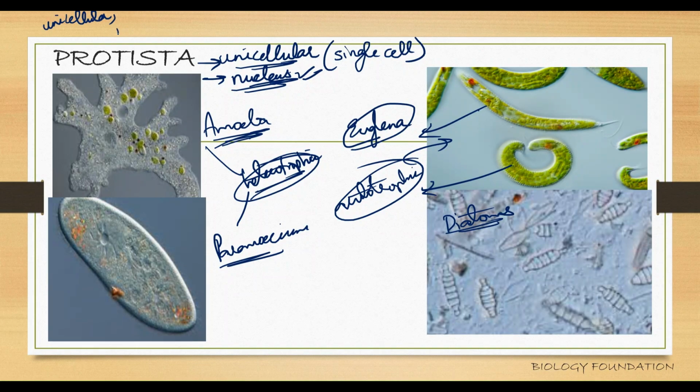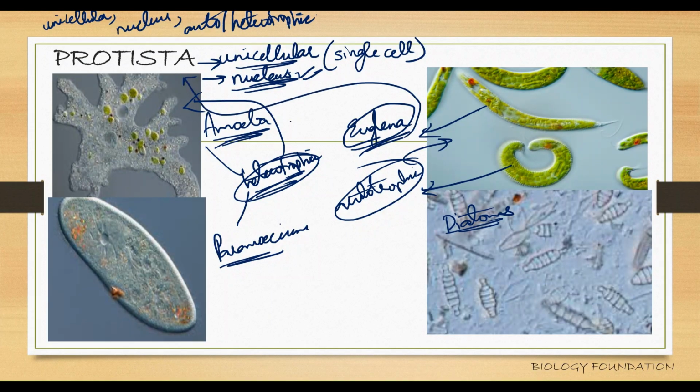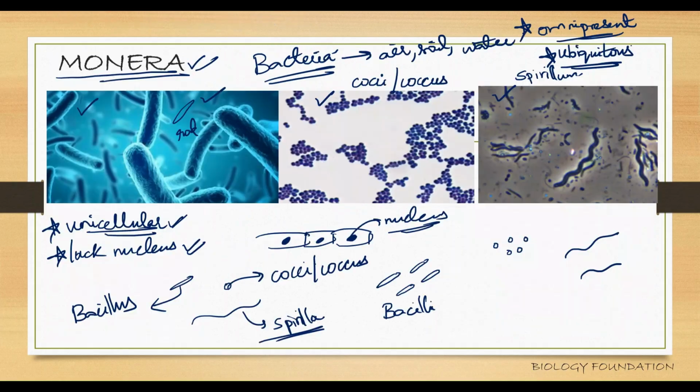Secondly, they contain a nucleus. They can be autotrophic or heterotrophic, right? Just like amoeba and paramecium are heterotrophic, but they're still placed in the Protista group, whereas euglena is autotrophic, and is still placed in the Protista group. Why? Because they are unicellular and have a nucleus in them. So